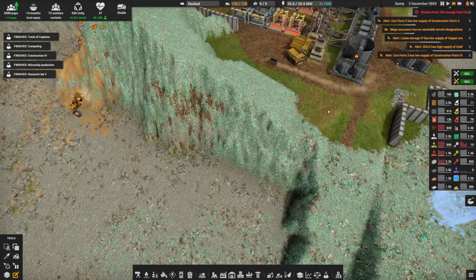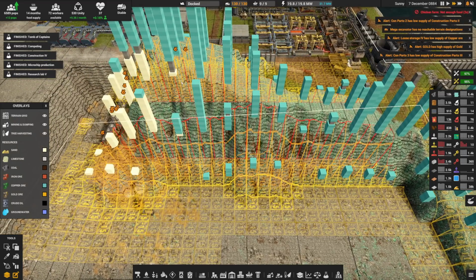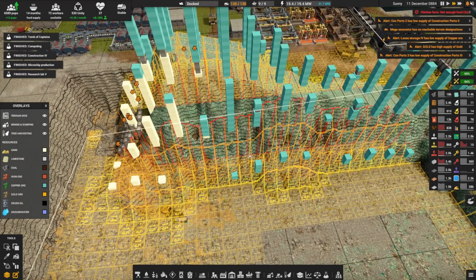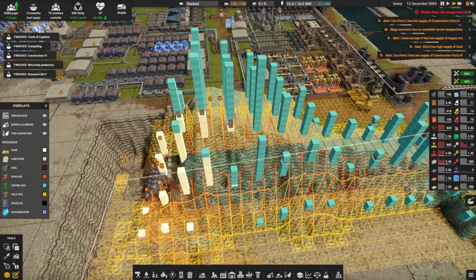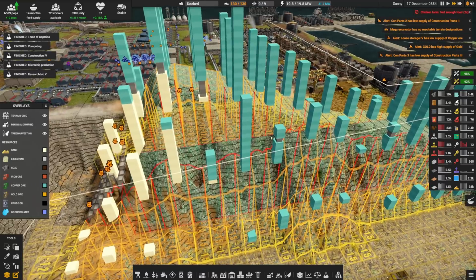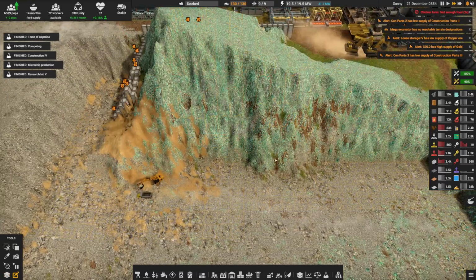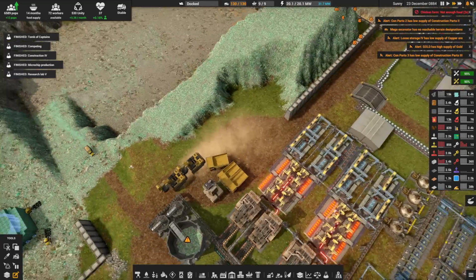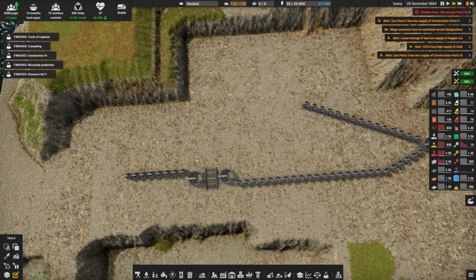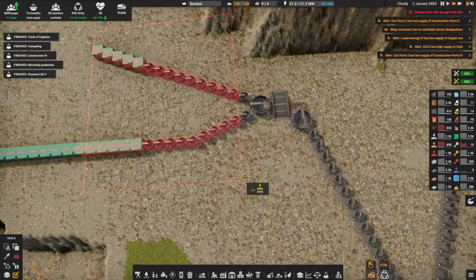ore to go. On top of that, I'm not entirely sure whether the copper's on the surface or some of it's underground. I think most of it's on the surface, but then I look at this one, I'm like, well, there's sand down here no matter what. There's a bit of different surface here, so there is a possibility that there's more copper underground, so we're just going to dig out everything. Hence, we're going to throw some mega excavators at the problem. At the same time, we are going to delete a whole bunch of storage boxes because we don't need them